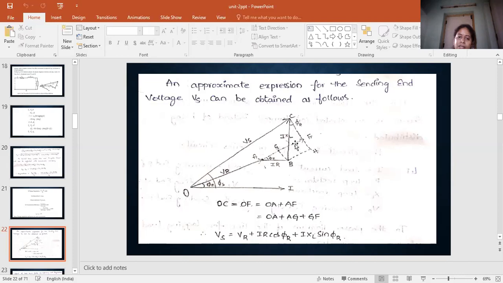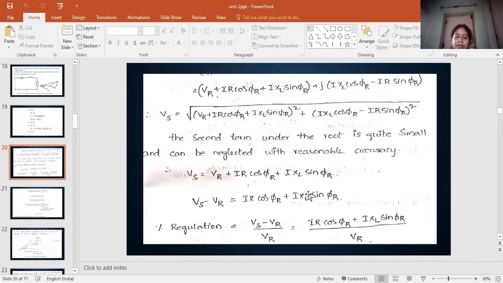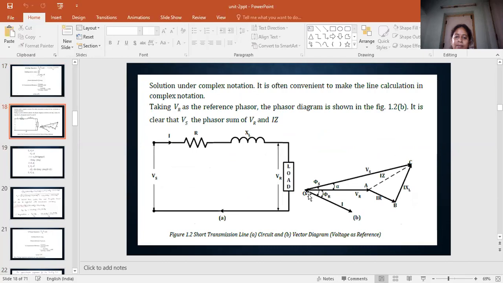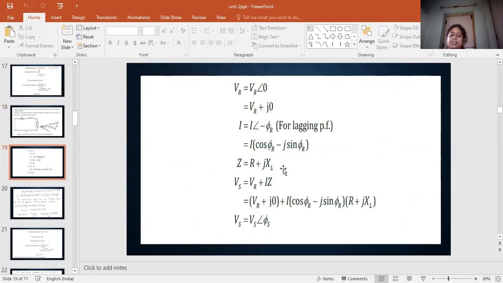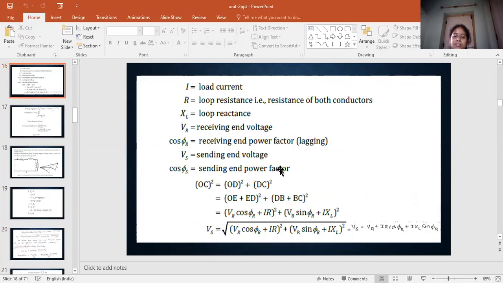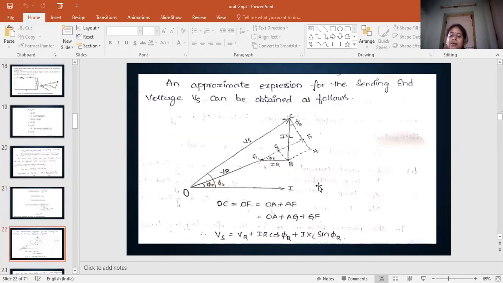So this is the approximate value and this is not right in the examination. Okay, we can draw the line and phasor diagram for the calculation. This one is the complex method and this one is the normal method. These two methods are important for the calculation of short transmission line, and the third one, the last one, is only for your understanding and nearly the approximate value. Okay, and this method is neglected in the examination section.